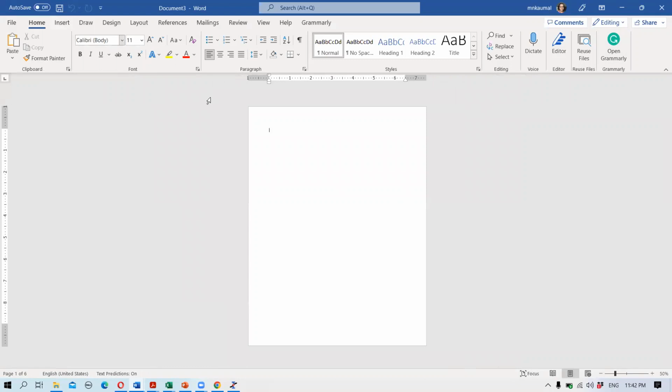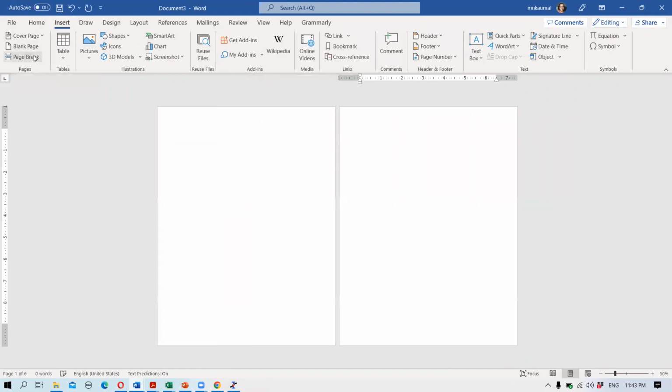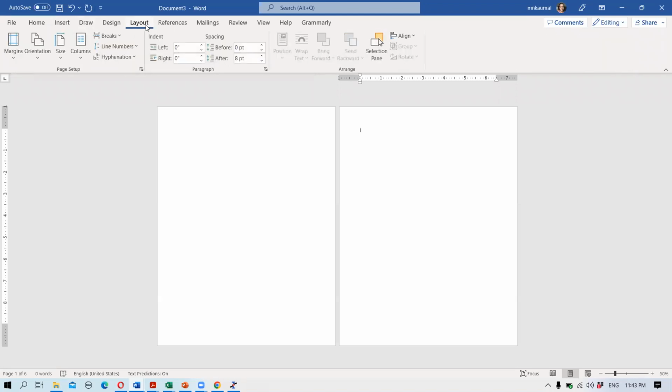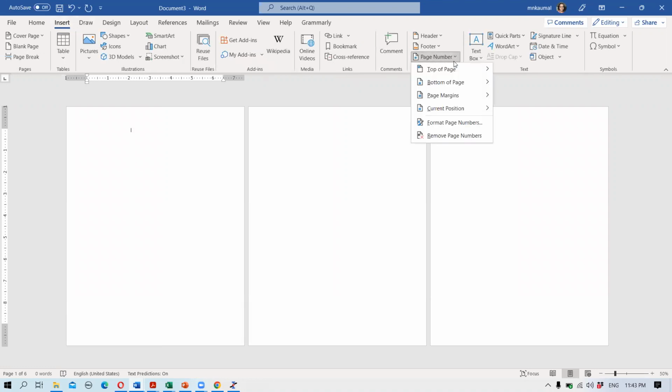Now, if you want the first 2 pages Roman or Arabic, after the second page you insert a section break. Then the first 2 pages are one section, the rest of the pages are another section. So when you have this section break, for the first 2 pages you can insert page numbers,